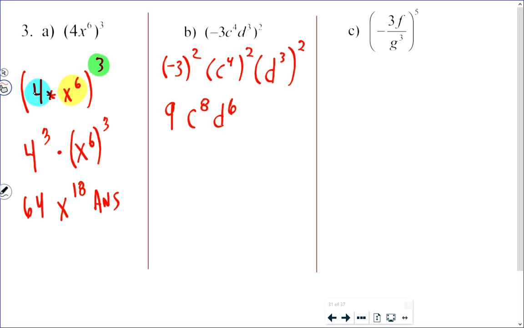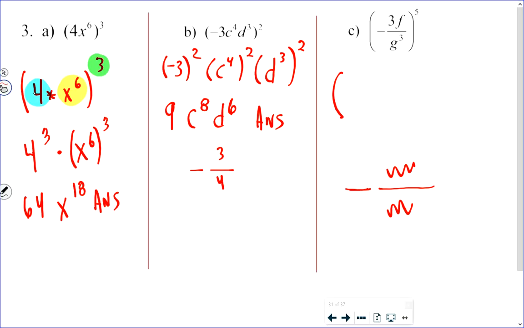So it's 9c to the 8, d to the 6 is our answer. The same thing goes here, but I'm going to rewrite this, and this negative in front of a fraction always drives me nuts. You have some stuff here, you have some stuff here, and then there's a negative in front. That means that the top of the fraction is negative, or the bottom is negative, or the whole thing is negative. They're equivalent. You know, if I said negative